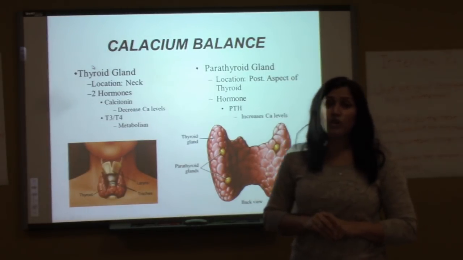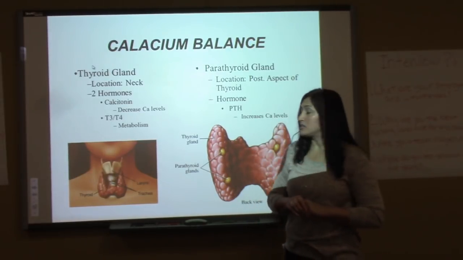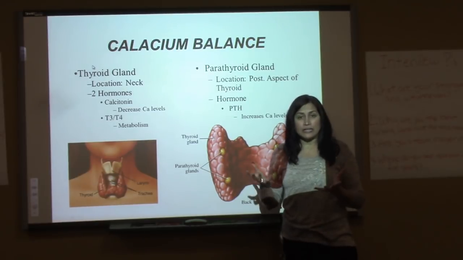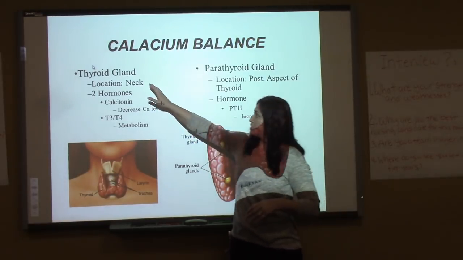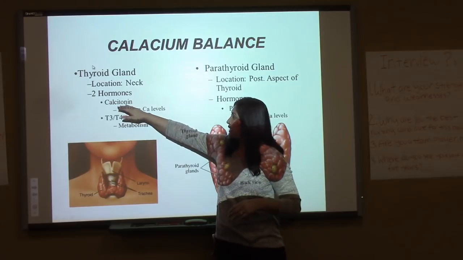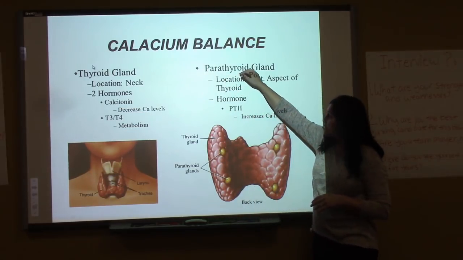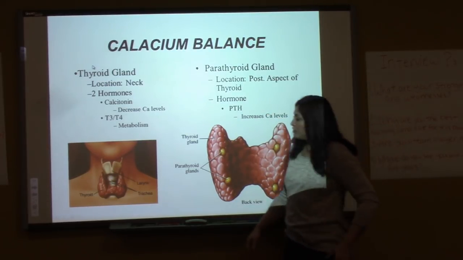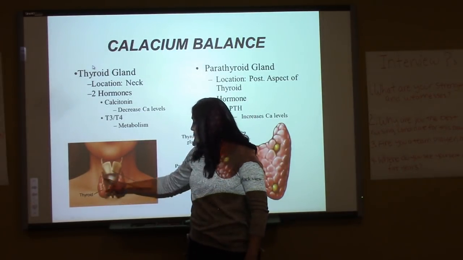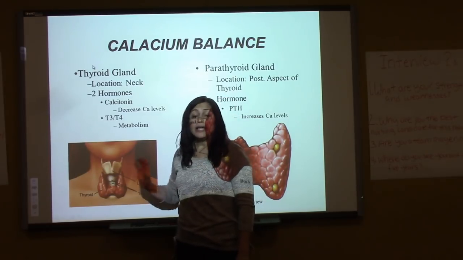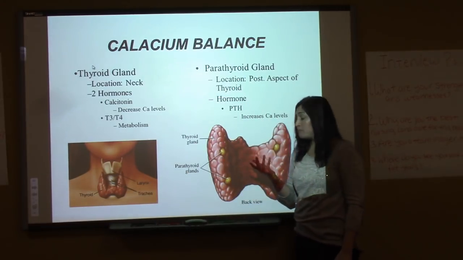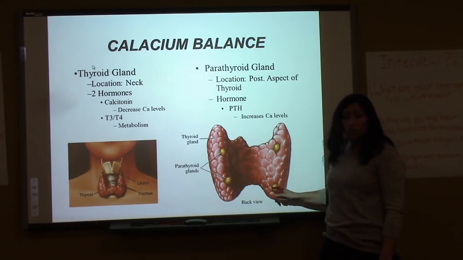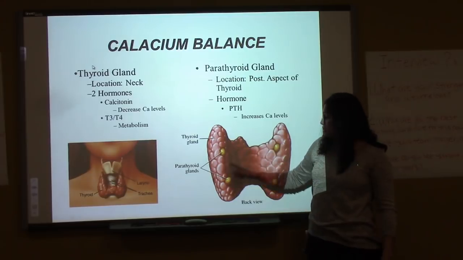The last part that I want to talk about is the calcium balance. There are two endocrine glands and two hormones that regulate the calcium balance in our body. One of them is the thyroid gland, and it releases the hormone calcitonin. Then there's the parathyroid gland, and it releases parathyroid hormone. If you look right here on your neck, a butterfly shape is the thyroid gland. On the posterior aspect, on the back of the thyroid gland, you find these four small yellow glands, which are called the parathyroid